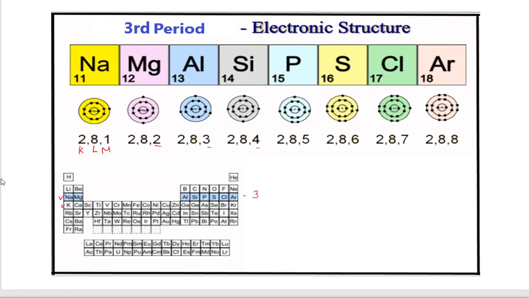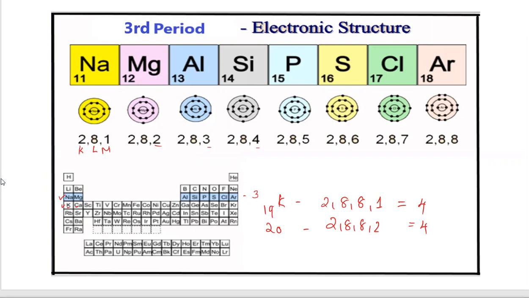Now take the fourth one. Potassium, atomic number 19, electronic configuration 2, 8, 8, 1. Number of shells 4. Calcium 2, 8, 8, 2, atomic number 20. Here, number of shells 4. Which period does calcium belong to? Fourth period: first, second, third, fourth period. So what do you infer from this? Number of shells is equal to period number. Is that clear? Number of shells is equal to the period number.